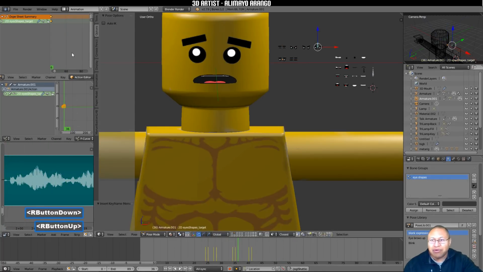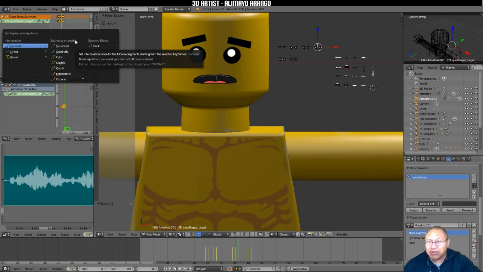It takes time. Now what we can do to make sure that our eyes don't move when we don't want is we can press A to select all of our keyframes here. We can press T. This brings up our interpolation mode. And what we want to have this set is for constant. Blender's default interpolation is Bezier. And what that does is when you animate things, it makes them start to move from slow and then faster, and then when your animation comes to an end, it goes from faster to slower. Constant makes us jump from one keyframe to another, and for dealing with this Lego type animation for